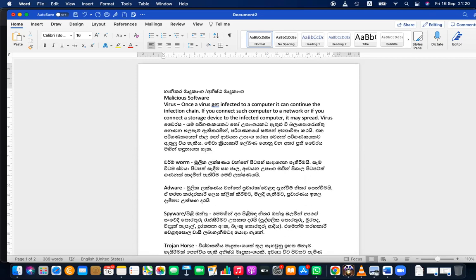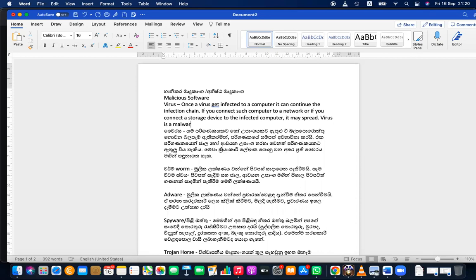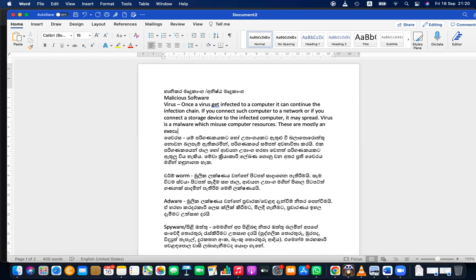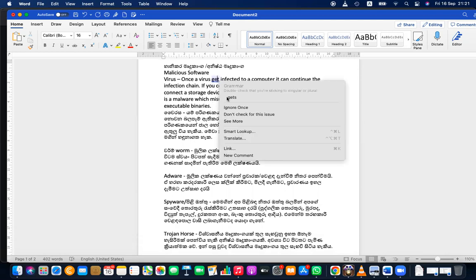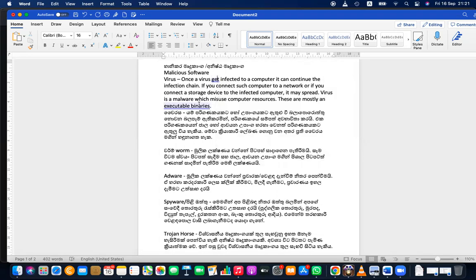A virus is a malware which misuses computer resources. These are mostly executable binaries.